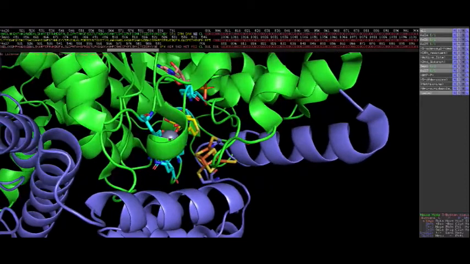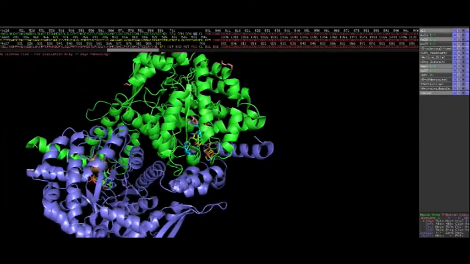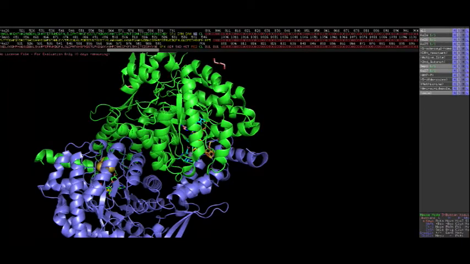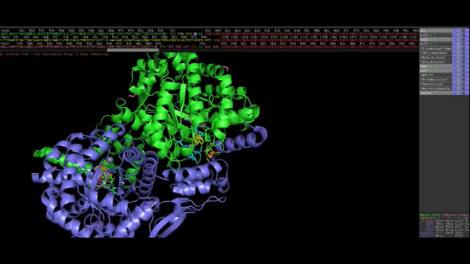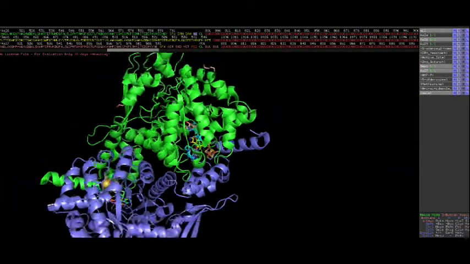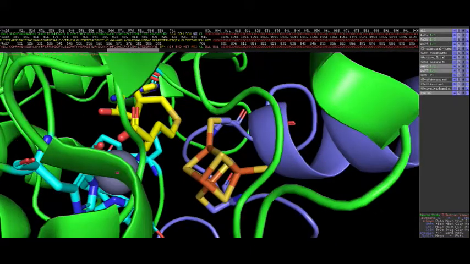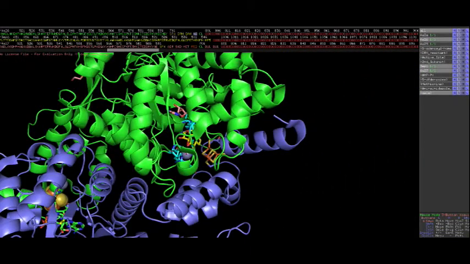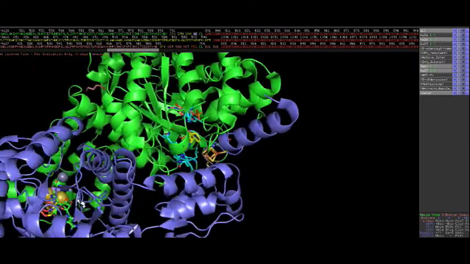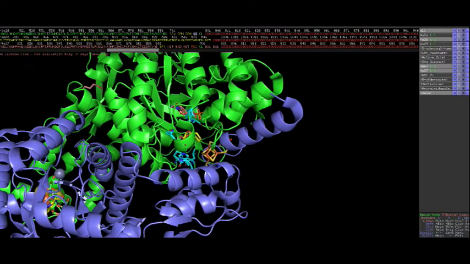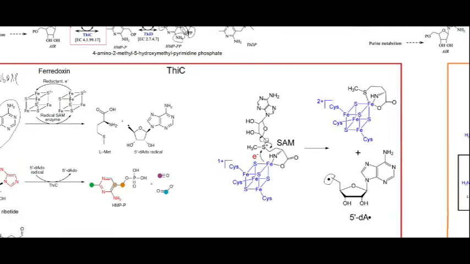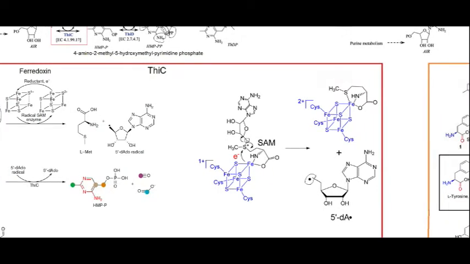Another interesting thing about this protein is it's a homodimer, so it's two of the same enzyme brought together, but this one that's in this purplish color is actually the one binding the ferredoxin here that is brought into the active site of the green one. And so there's this interesting topology here where one of the monomers in this dimer is holding onto the ferredoxin that's used in the other monomer here. So that is just the first part of this mechanism, is generating this 5'